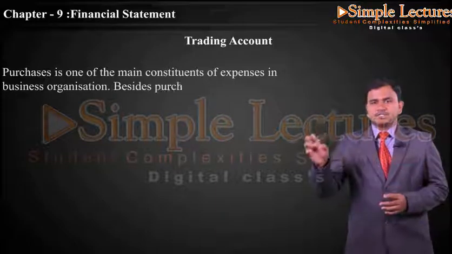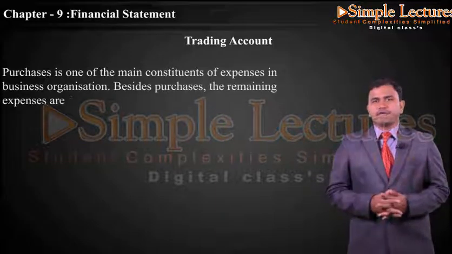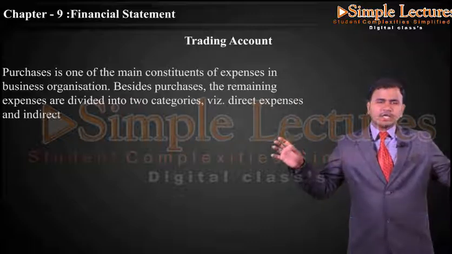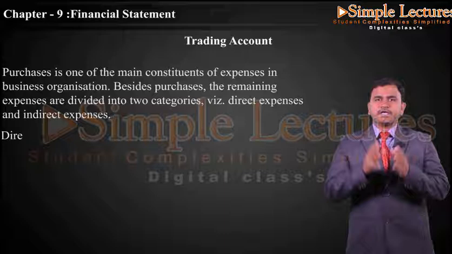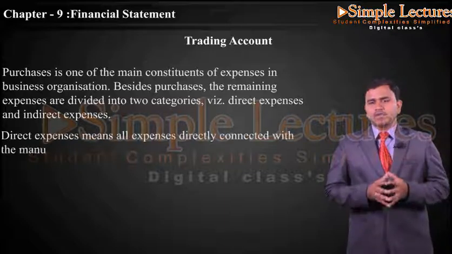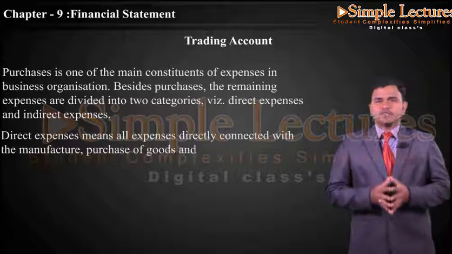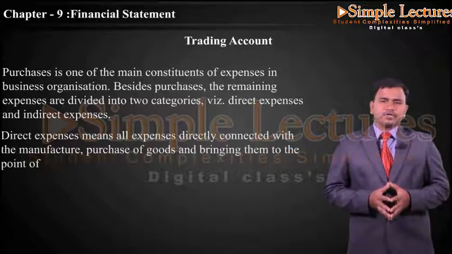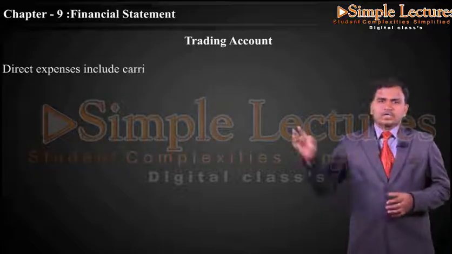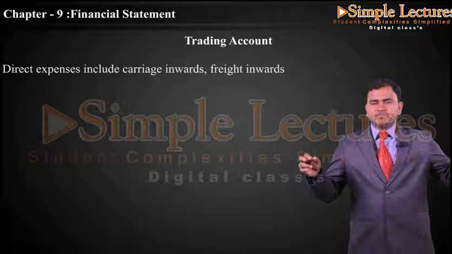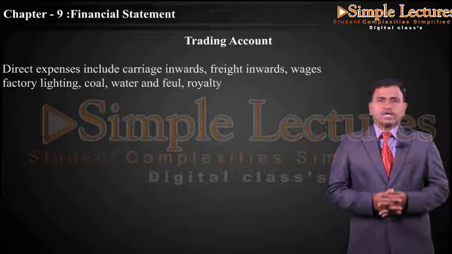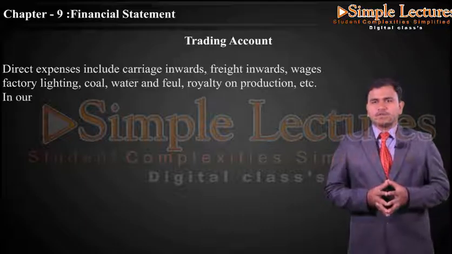Besides purchases, the remaining expenses are divided into two categories, which are direct expenses and indirect expenses. Direct expenses means all expenses directly connected with the manufacture or purchase of goods and bringing them to the point of sale. Direct expenses include carriage inward, freight inward, wages, factory lighting, coal, water and fuel, royalty on production,